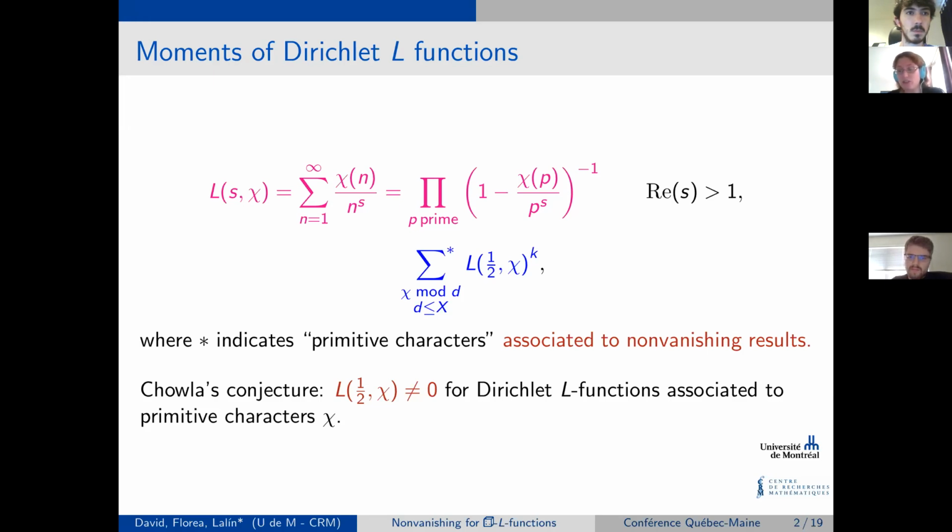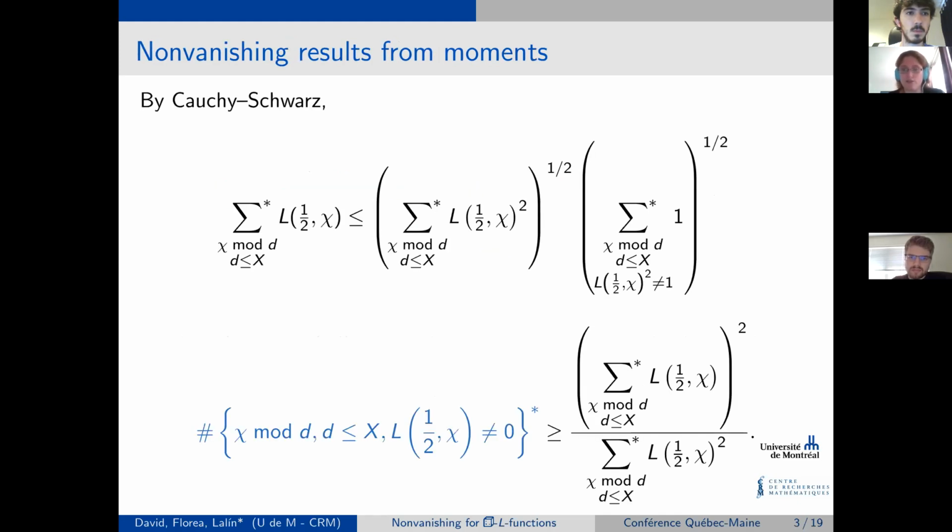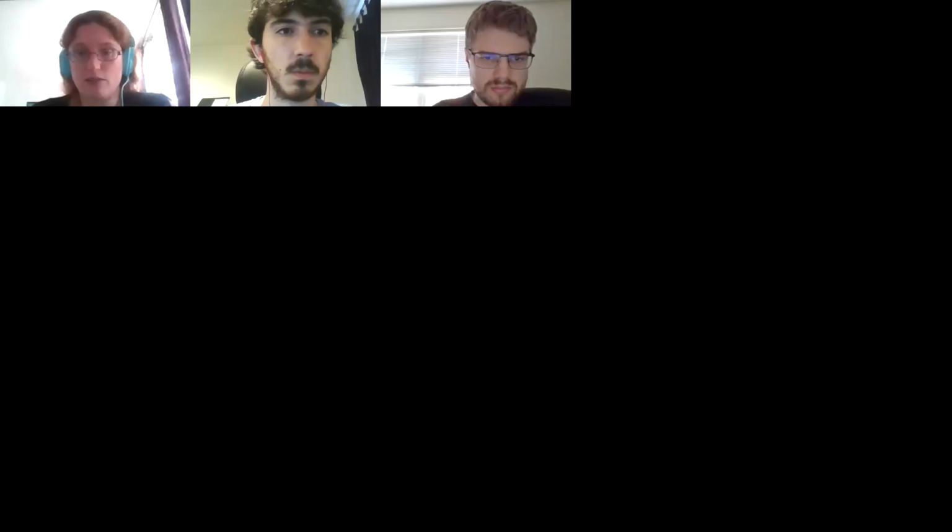Now, how this relates to non-vanishing is due to the Cauchy-Schwarz inequality. If you take, say, the first moment and you apply Cauchy-Schwarz to it, basically, in each term of the sum, you imagine that you have the L value times 1, but you only have the terms where the value is different from 0. So when you do that,